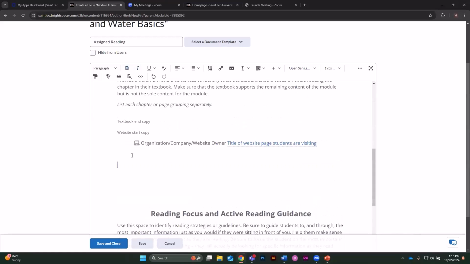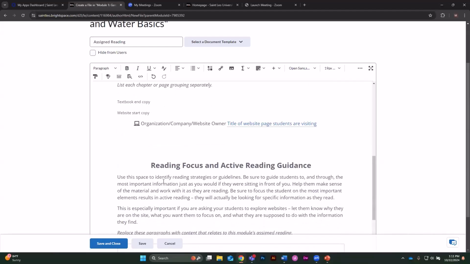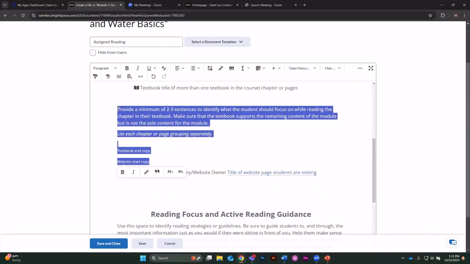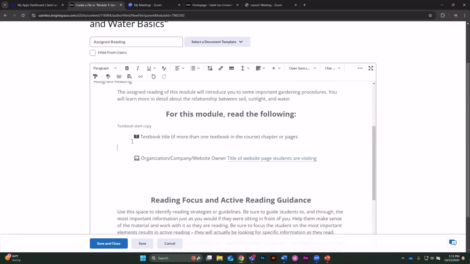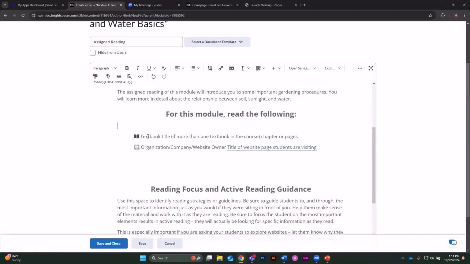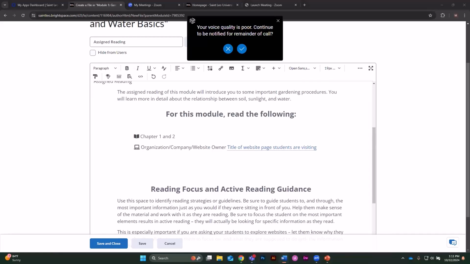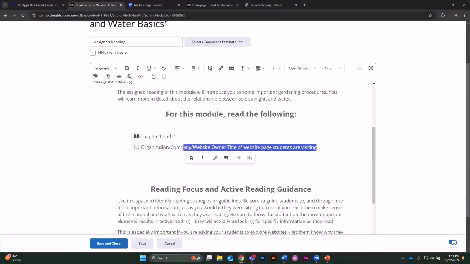and some chapters to read. So information, and then this, and then change the information to what you want it to be. So chapter 1 and 2, and the web page I need them to visit for additional information. And